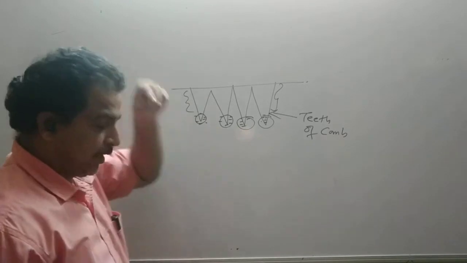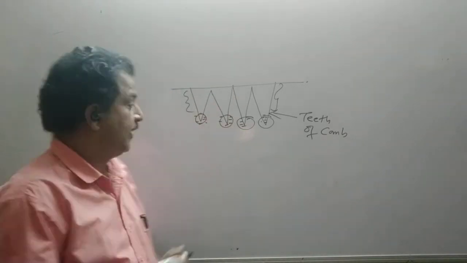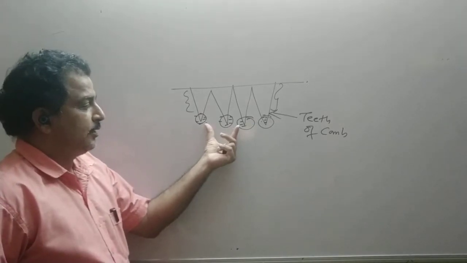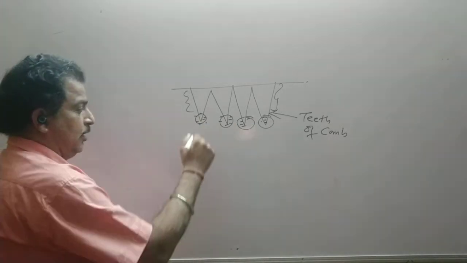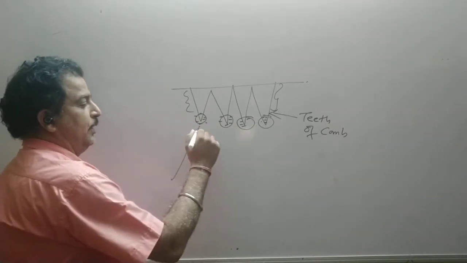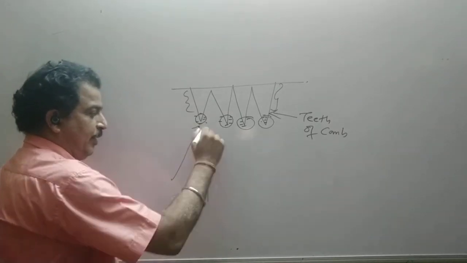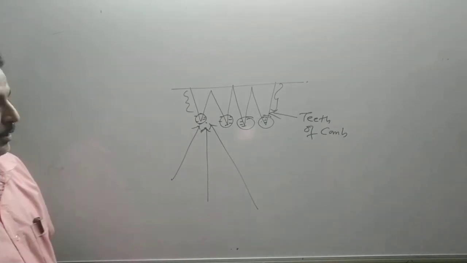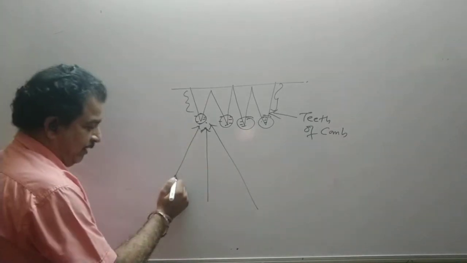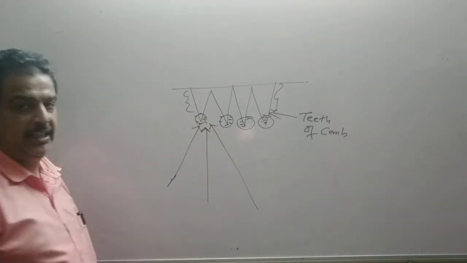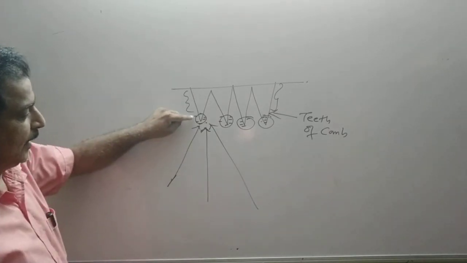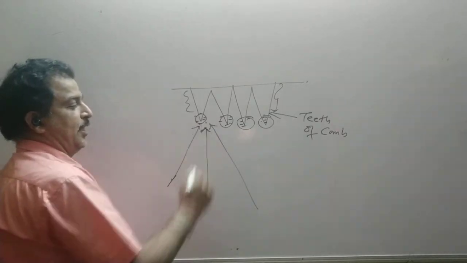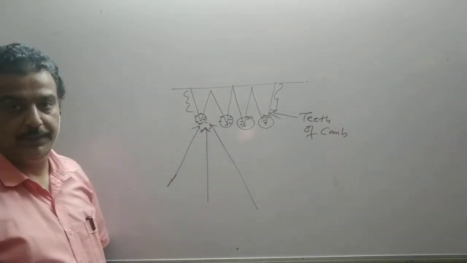The teeth come in contact with my hair or head, so suppose it is negatively charged. So if I perform this, the electric field will be represented like this. This is non-uniform. Far away the field will be less. This is negatively charged, so field lines terminate on a negatively charged body and approach the negative. So I will draw the field lines like this.